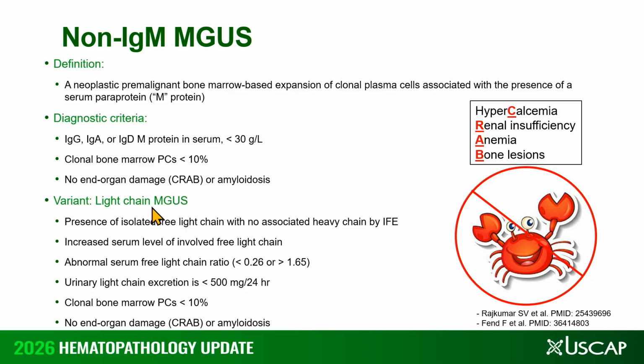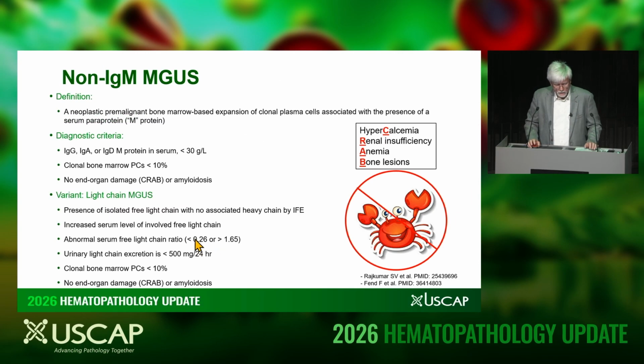There is a variant of non-IgM MGUS, and this is the light chain type. And in this particular variant, as its name implies, there's no evidence of an associated heavy chain, at least as assessed by immunofixation electrophoresis. In these patients, there should be significant elevation of the involved free light chain ratio, and so the kappa lambda free light chain ratio, depending upon which is involved, is either markedly